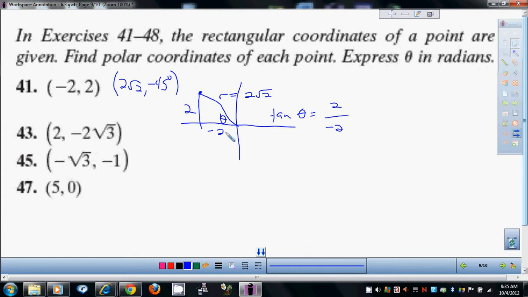Why would I do an... Oh, because we got tan of theta equals 2 over negative 2. Yeah. Now, as I look at this,